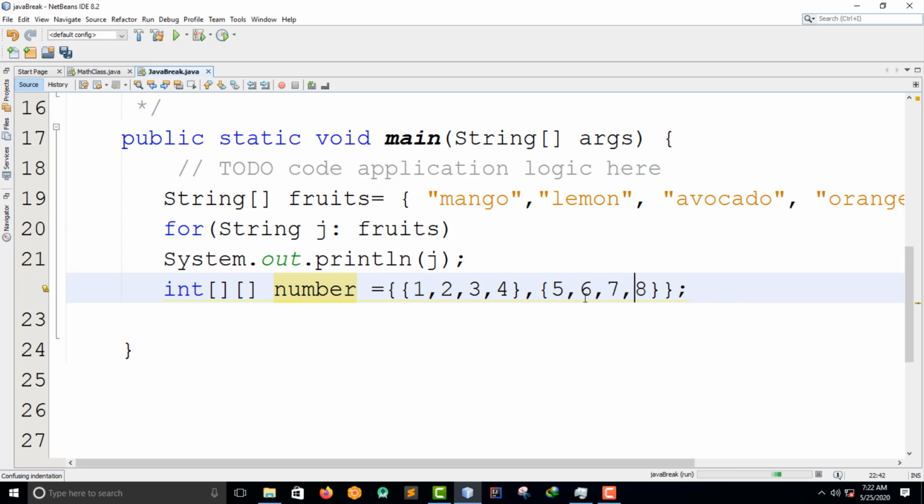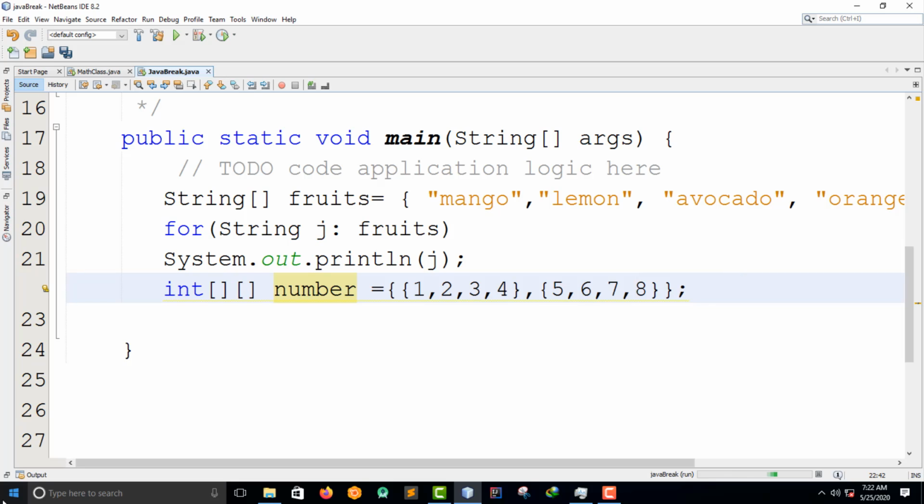So these are two-dimensional. My number, this number here that I created, is now an array with two arrays as its elements. To access an element of the number array, specify the index of one of the arrays and one of the elements inside that array. This example shows the third element, which is the second number in the second array. So guys, this is how you create a two-dimensional array. The first one, 1, 2, 3, 4, is the first array, and then 5, 6, 7, 8 is the second one.